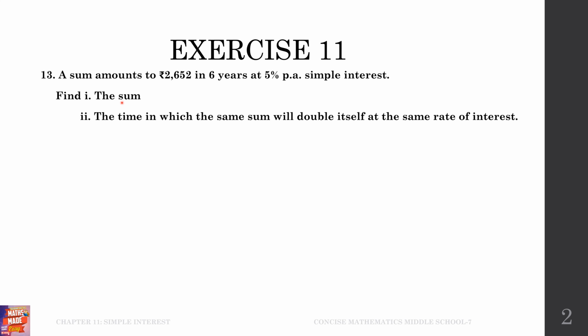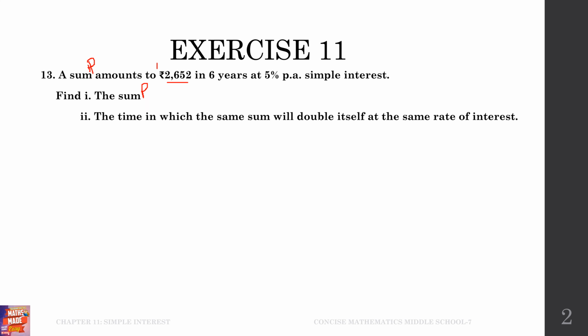In this 13th question, we are having two sections. First, let's solve this first section. That is, find the sum. That means we have to find the sum. Sum is nothing but principal, right? P is principal. So here, what they are saying is the principal amounts to